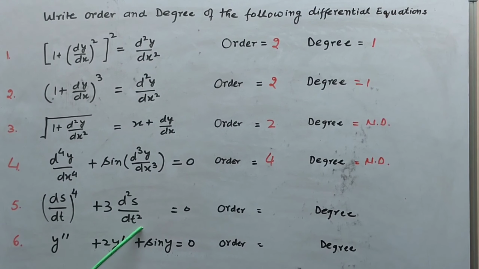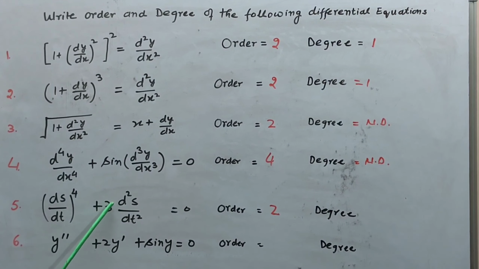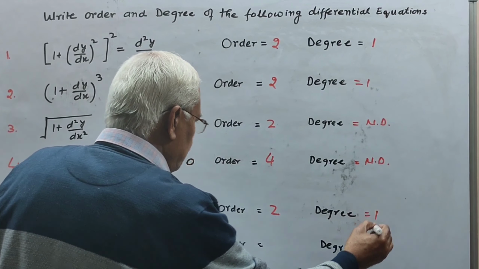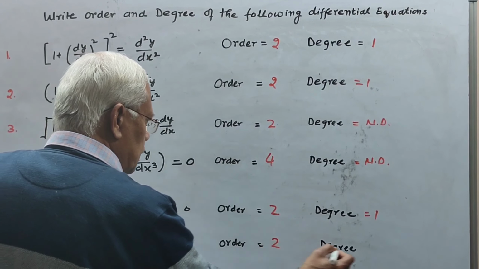Here d2s upon dt square is the highest order, so order is 2 and the power of the highest order is 1, so degree is 1. Now, however, we have seen sin y here, but this equation is in the form of a polynomial in d2y upon dx square and dy upon dx. So its order is 2 and degree is